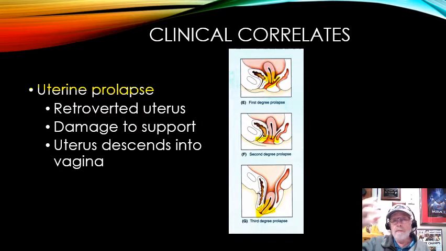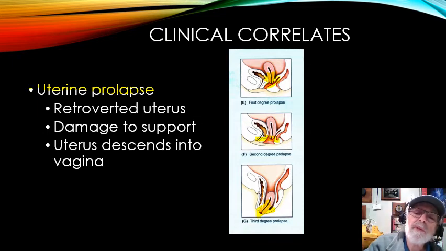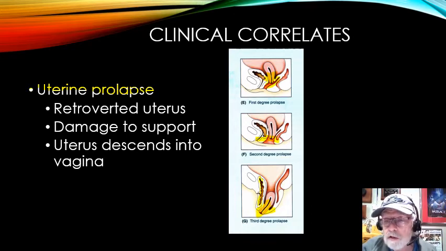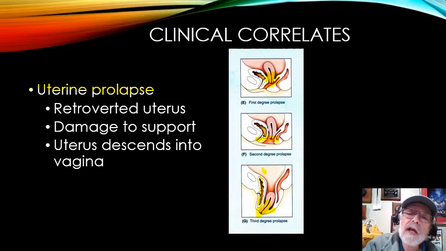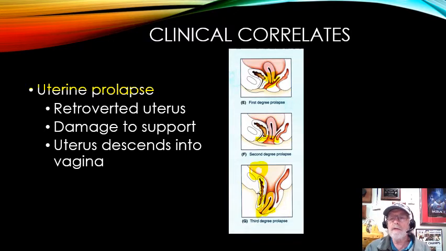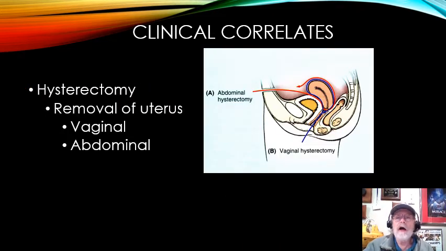But sometimes the bladder will also fall. If we look over here, you can actually see how it sometimes will drag the bladder. Here's the bladder coming down. You can get rid of the uterus, that's fine, but you can't get rid of the bladder. So once they get the uterus out, they bring the bladder up and sew it to the front of the pelvis, the pubic bone up there. It's a bladder suspension, so it doesn't fall anymore. That's just another thing.